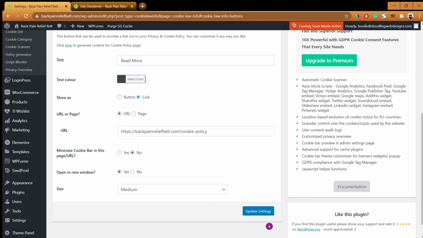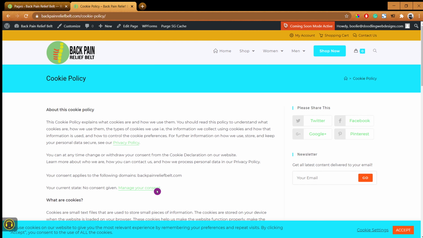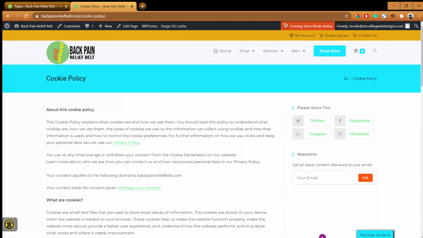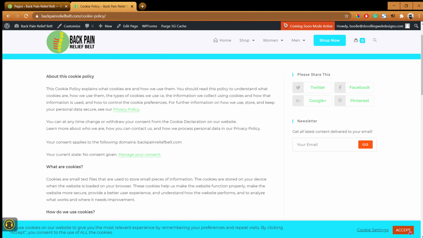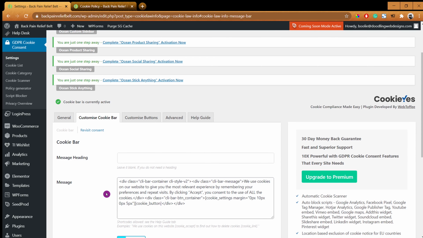Once everything is done, go back to another browser to refresh the cookie policy page just to see that everything is working all right. Let's scroll down and click on the manage consent at the bottom right. Wow, it looks like that bar is behind the help center icon. We don't want that, so let's go back to the GDPR cookie settings again, and under the customize cookie bar